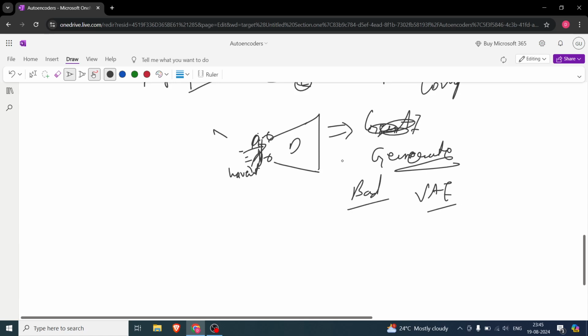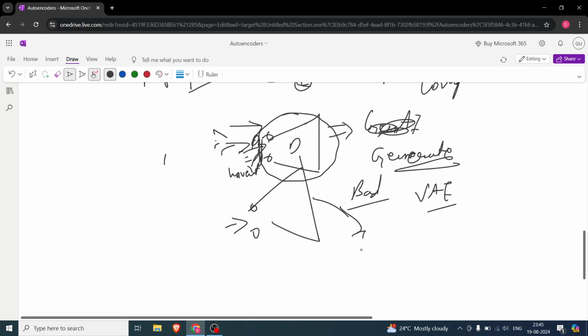But the idea is you can have new vectors that you will pass in over here, compressed vectors that you'll pass in over here. That has nothing, because you have already thrown away the encoder part. So you don't have the encoder. You only have the decoder left with you. So what you can do, you can pass in some values and then expect to get a new image. Okay, this is how it works.